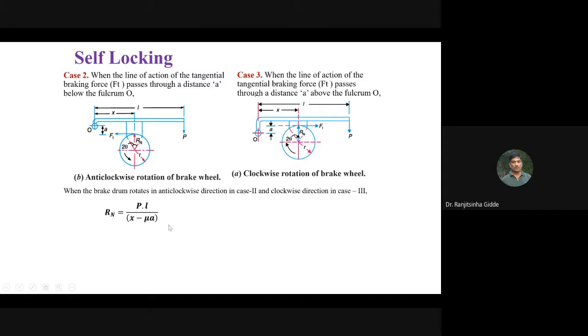This already we have seen, Rn is equal to PL upon X minus mu A. So this equation we got, that is same. So from this equation